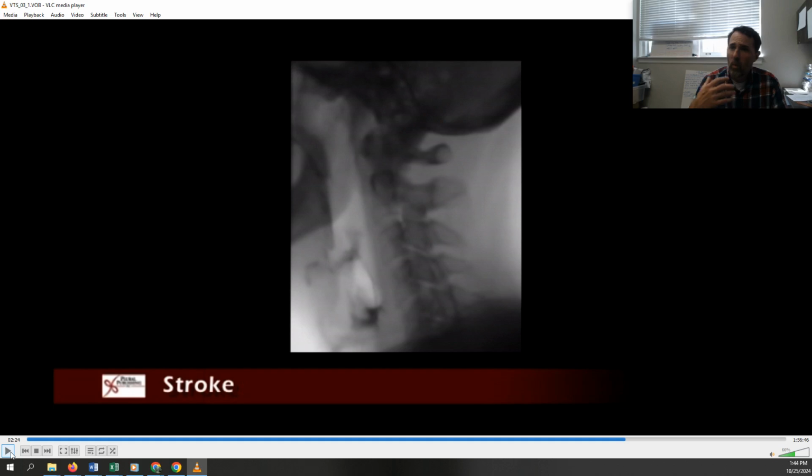All right, so way better looking. A lot went down into the esophagus, but it still looked like there may not have been a very strong